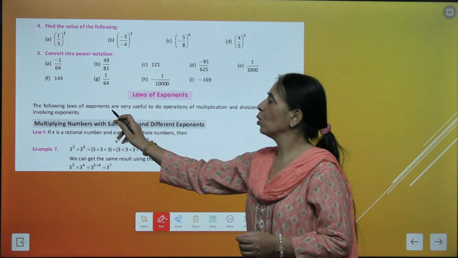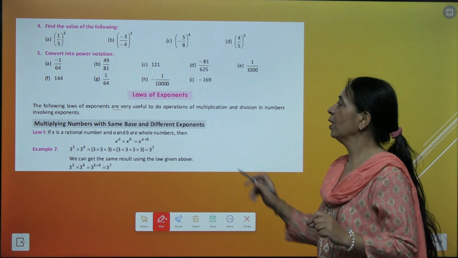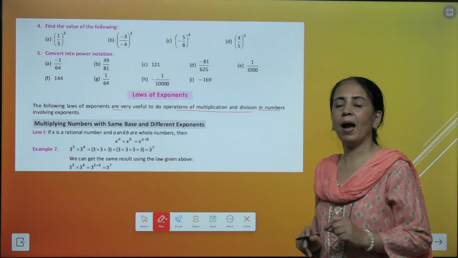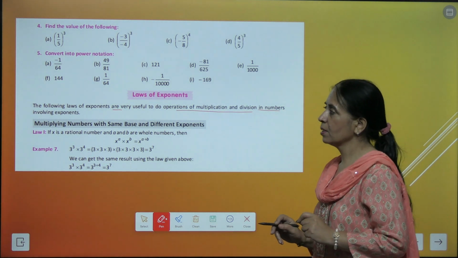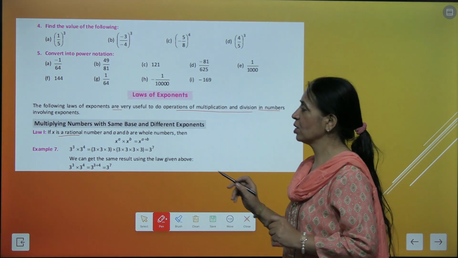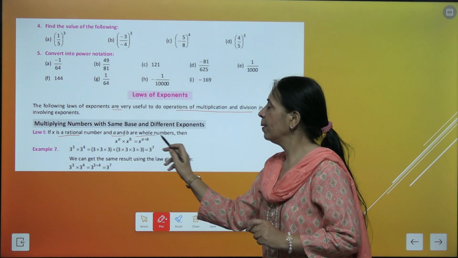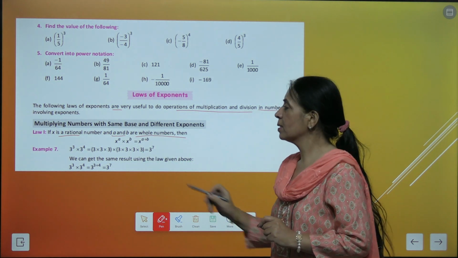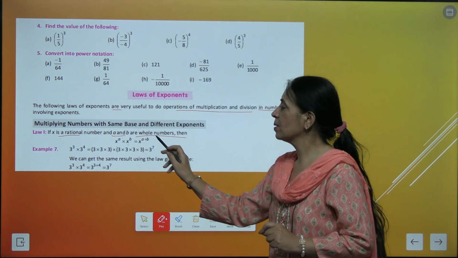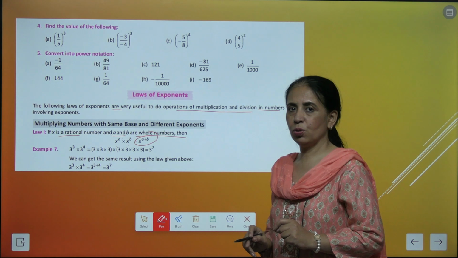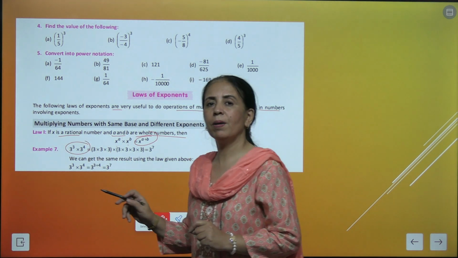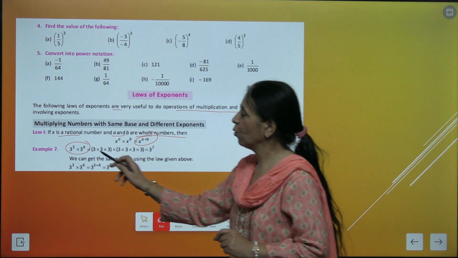So there are following laws of exponent which are really very useful to do operations on multiplication and division in numbers. Now, first law is if x is a rational number and a and b both are whole numbers, so x raised to the power a multiply x raised to the power b is equal to x raised to the power a plus b. ऐसे ही 3 raised to the power 3 multiply 3 raised to the power 4 में